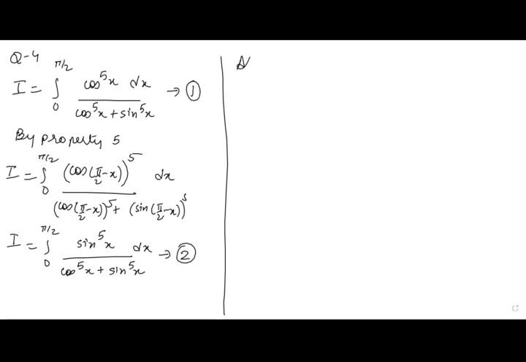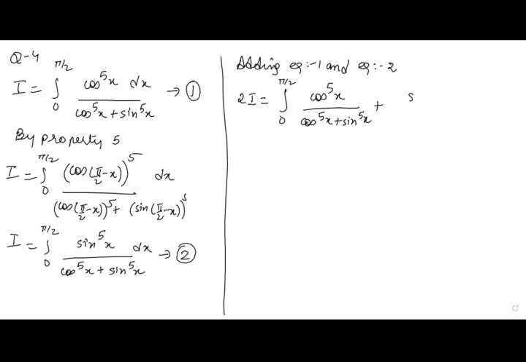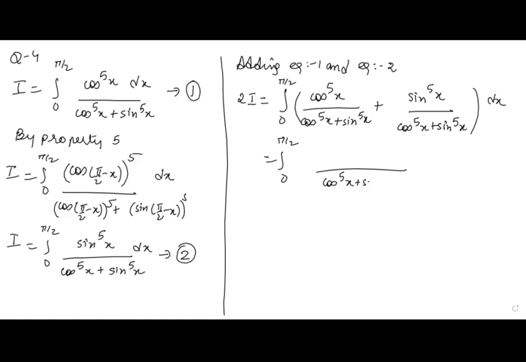and we'll add equation 1 and equation 2. So I plus I will give me 2I. I am just taking this integration from 0 to pi by 2 common. Cos raised to 5x upon cos raised to 5x plus sin raised to 5x, plus sin raised to 5x upon cos raised to 5x plus sin raised to 5x, whole dx. The denominator is the same, so I can write this as cos raised to 5x plus sin raised to 5x